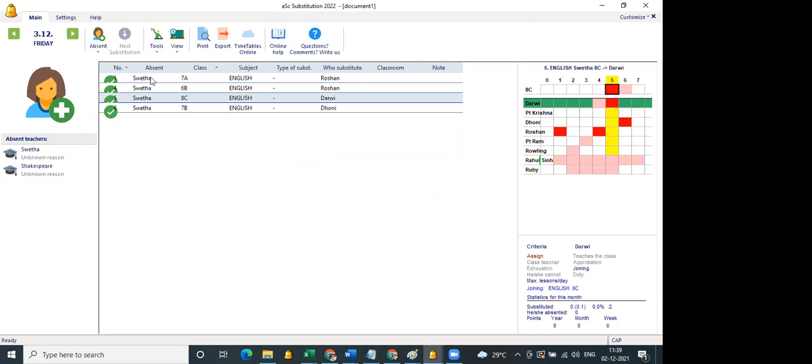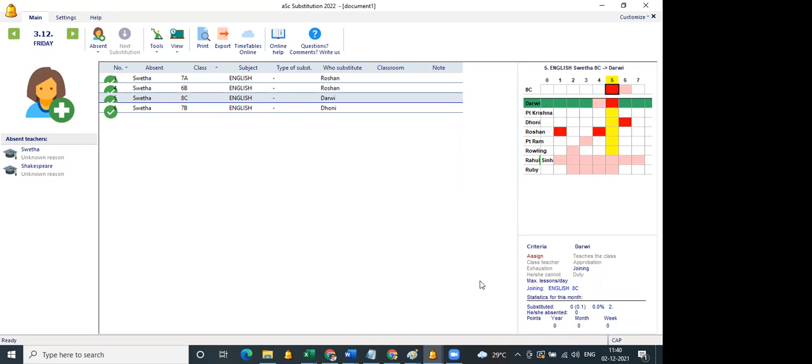Okay, and there's something called approbation. Approbation in the sense we can add a certain set of teachers into certain departments. So for English, we have a set of teachers. We can put them into the English department, math teachers into the math department, relevant to the classes. So once a substitution is happening, you can set the approbation, and if it's an English subject, the relevant English teachers will be substituted. You can do that setting also.